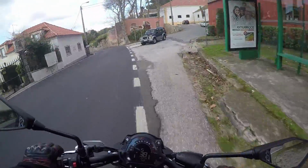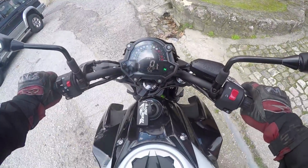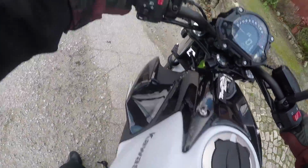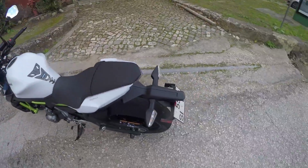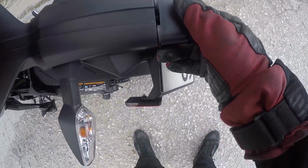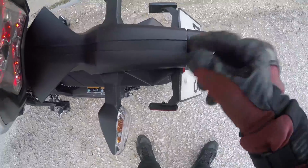So I'm going to show you this. I'm just going to stop here. That's a good place to stop. Yeah, the ABS is very keen to remind you that this bike has ABS. Look, this is the worst part for me. This is, what the hell? Come on, Kawasaki. This should be flush, not...